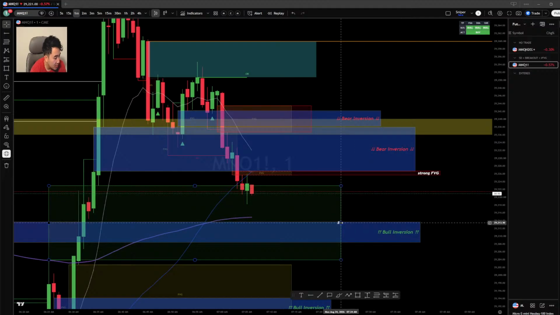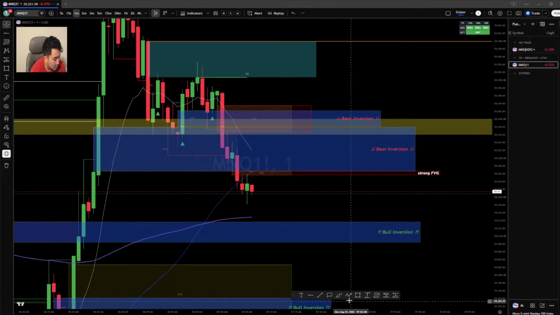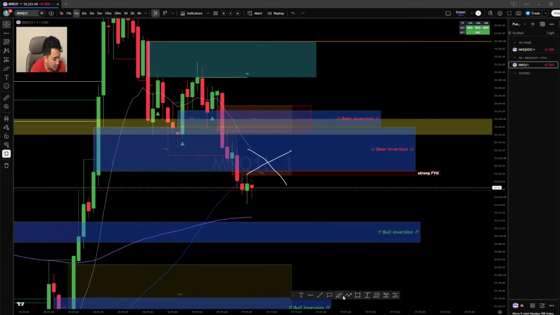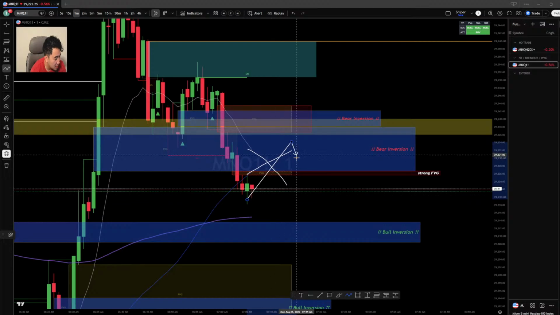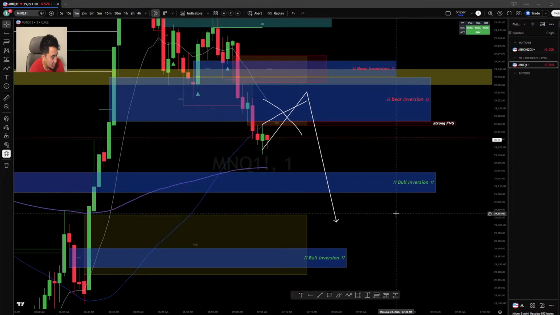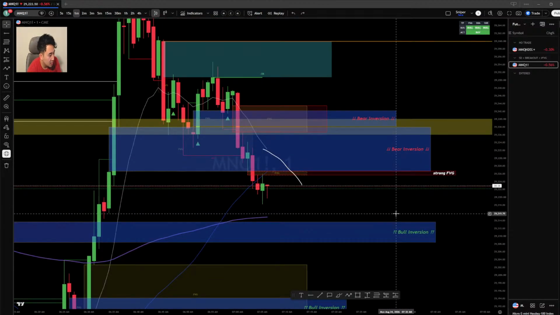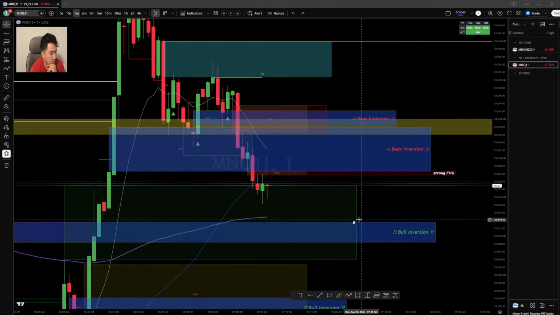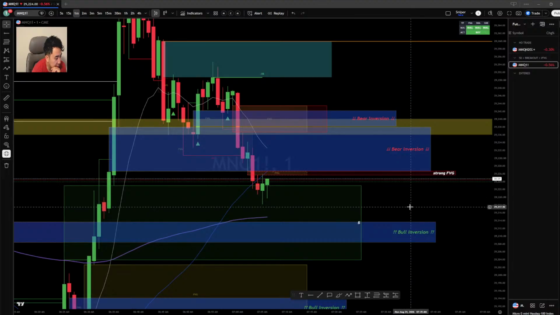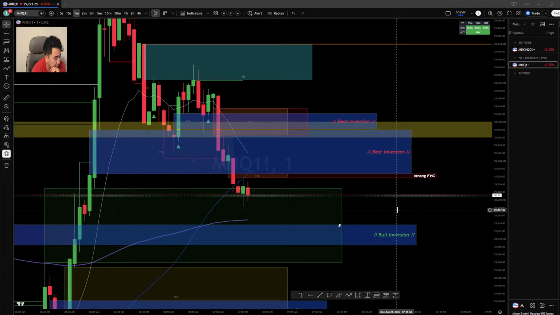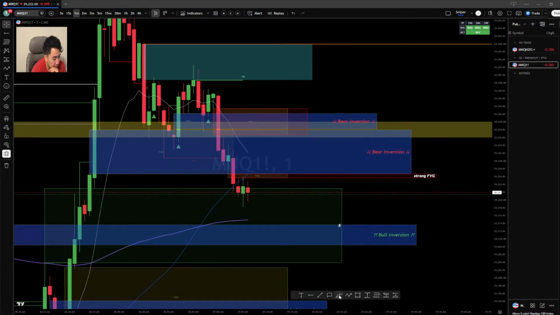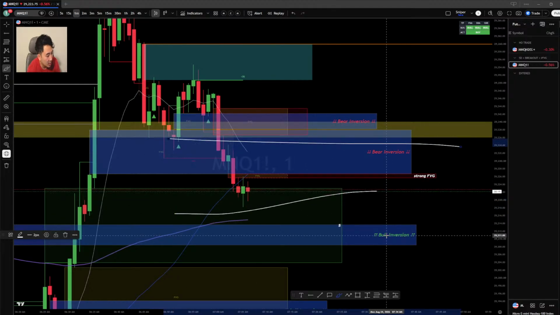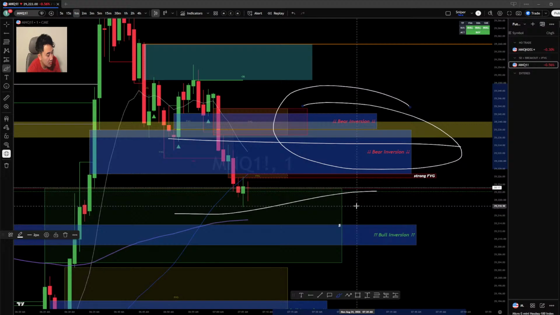If this 5-minute gap wasn't here, then eventually this 13 EMA would cross over this 50 SMA. Price would pull back up into this bearish inversion, and then we'd look for shorts. So that'd be the best setup or possible scenario. But this 5-minute gap is gonna keep price up. Right now you're getting caught up in the 5-minute gap, and then you're getting caught up in all this bearish structure right here.